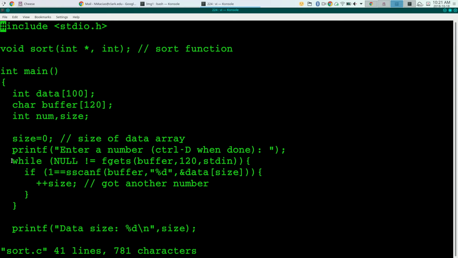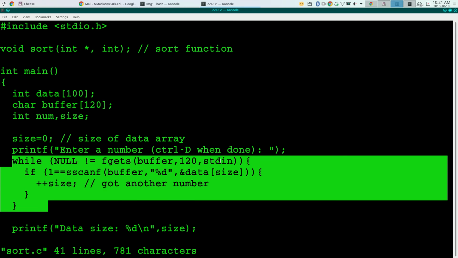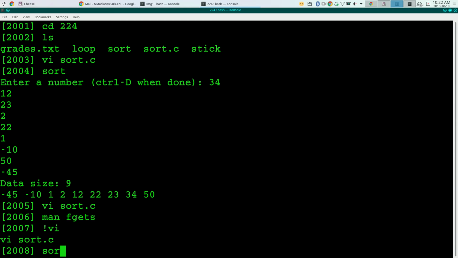So a typical while loop for doing input is something like this. Call fgets, look at the return value, and if it's not equal to NULL, do whatever you want to do with that input, and then come back up and do another input. At the point where you hit end of file, fgets will return NULL, and this loop will exit. So when I run this,